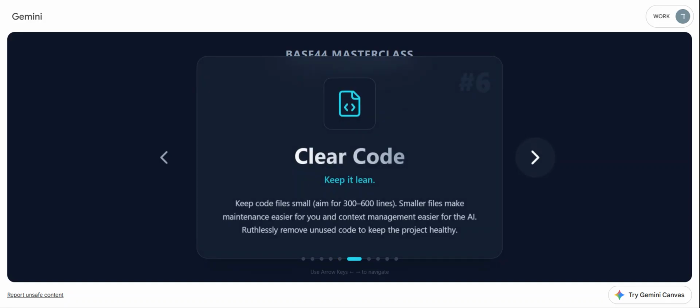Clean code, okay? What does this mean? This means that first of all, ask it not to make very large code files. If you have 600-line code files, 2,000 lines, 5,000 lines, after that it will be very difficult for the LLM, for the AI, to analyze the code and understand what it is. Tell it,